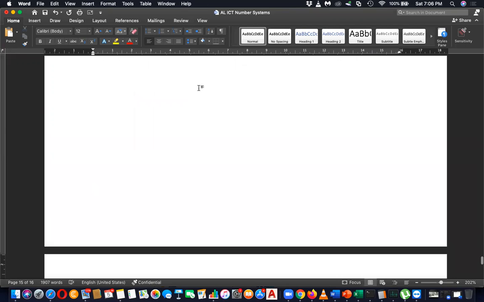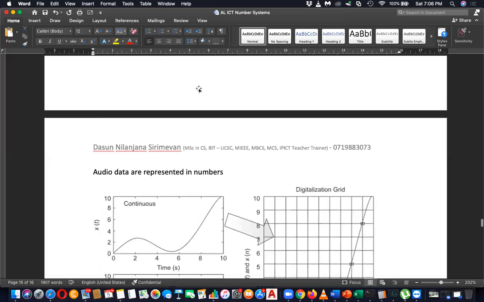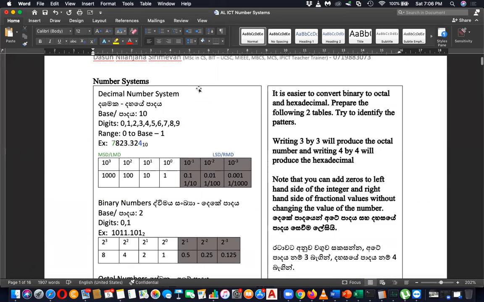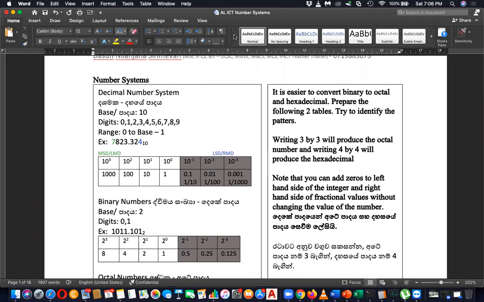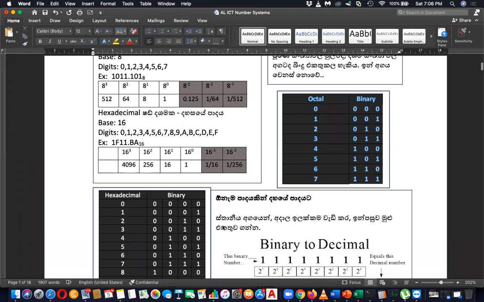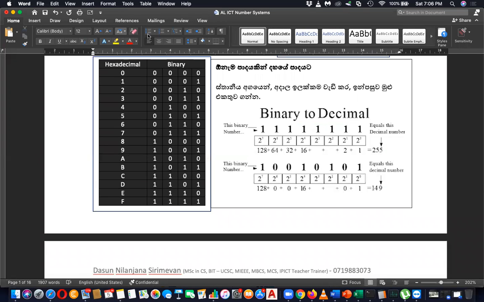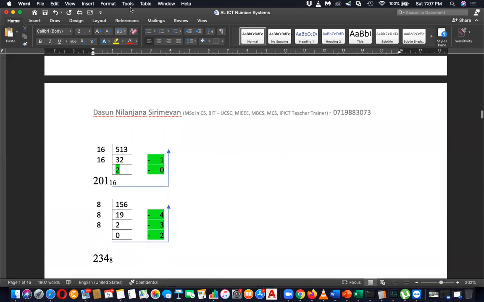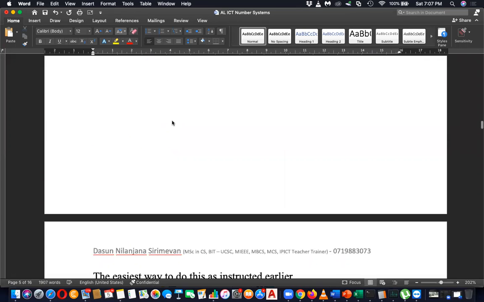So previously, let me remind you of what we have discussed already. We discussed four number systems: decimal, binary, octal and hexadecimal, and conversion between those number systems: how to convert decimal to binary, decimal to octal, octal to binary, binary to decimal. Likewise, we have learned about number conversion. Next, today we have to discuss